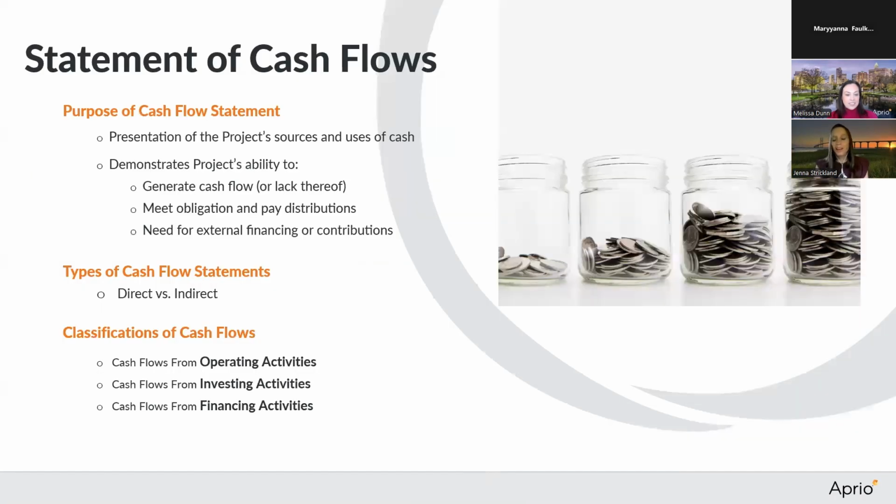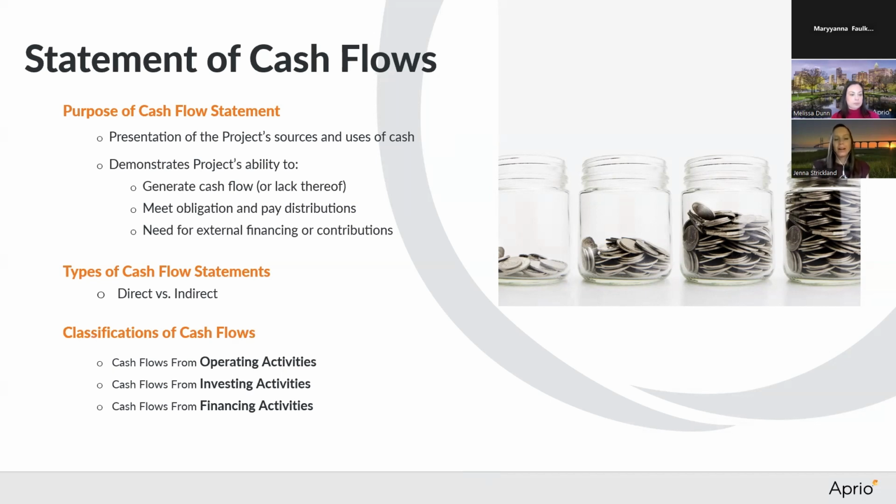Awesome. So the statement of cash flows, I think, is probably one of the most confusing statements and not as understood. It definitely has its reputation in the accounting world as being difficult to come up with. But this is really the most important statement, in my opinion, especially for the stakeholders and owners and people that really want to dig in and see how the property is doing. If you had 5 seconds to look at a financial statement, this is where I would go to see what's going on and how the property is doing.